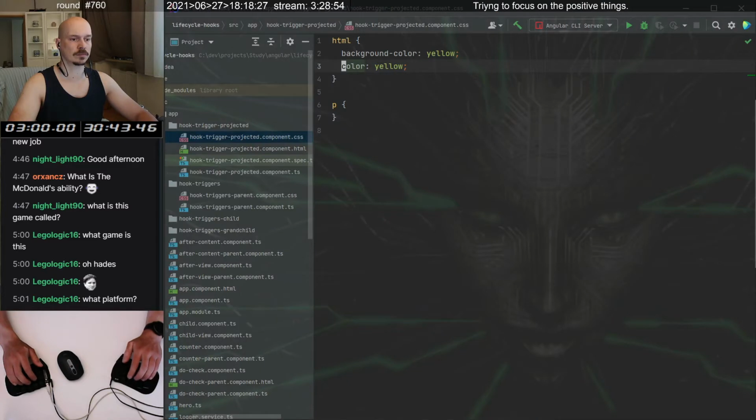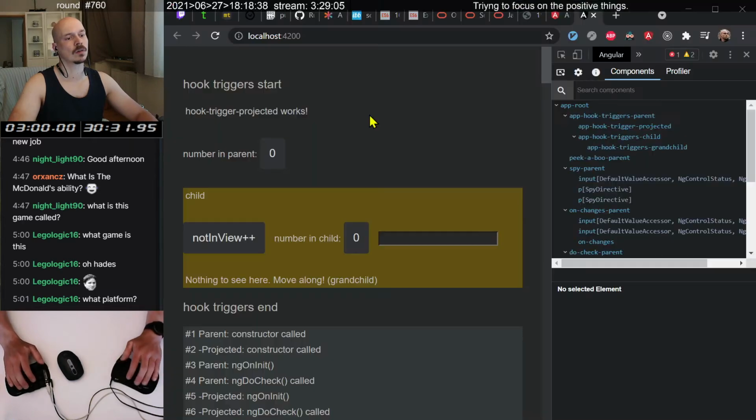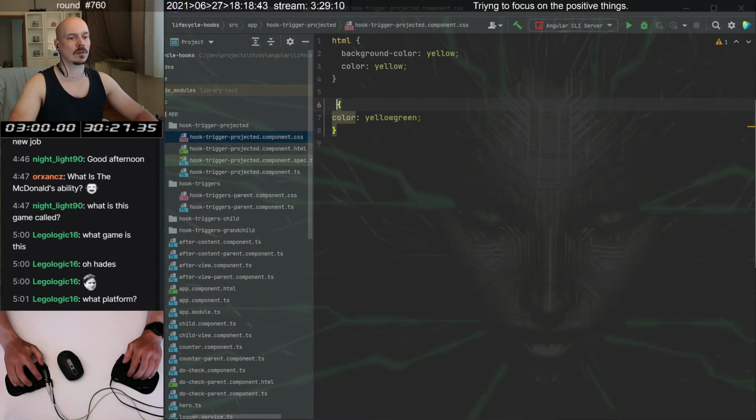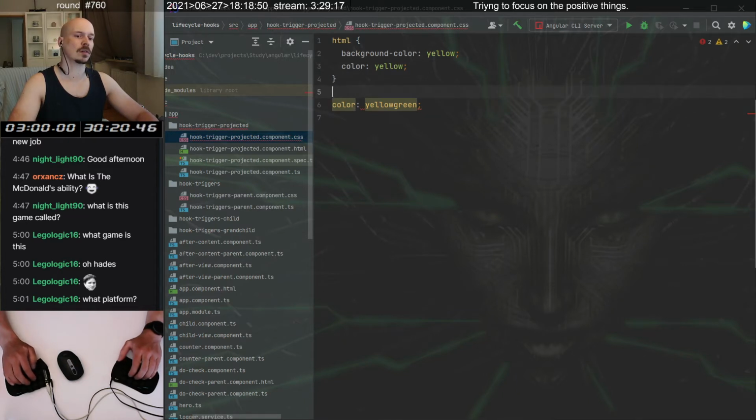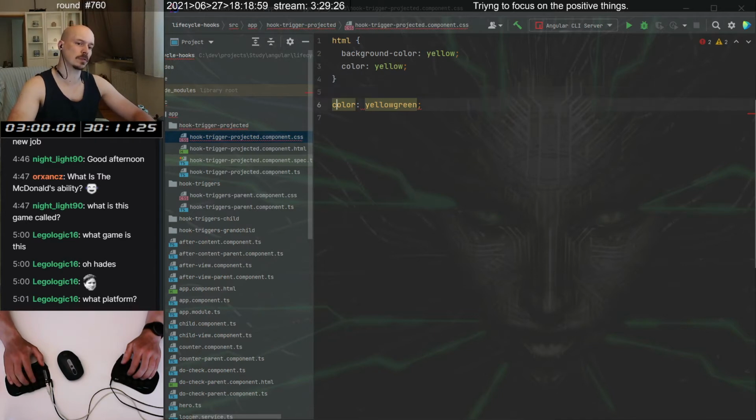This doesn't. Okay, so it doesn't like it. Oh yeah, and this is this. Oh, this is the CSS. Yeah, it's the typical CSS, but